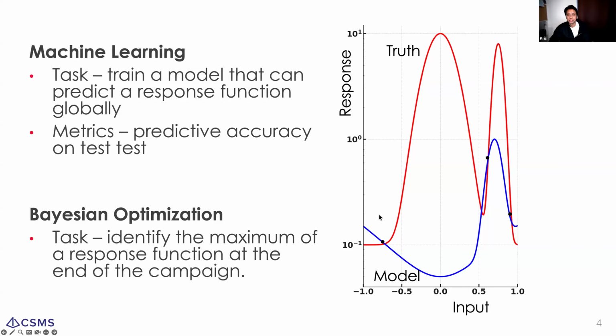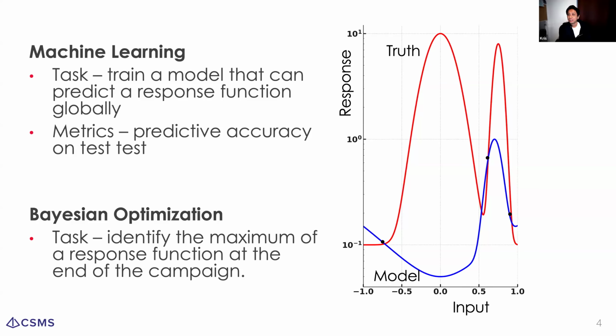Okay, and here's just an illustration of this. Here is the ground truth that we don't know, this red plot. The black plots here are data points that we measured. And this blue plot shows a fitted model to this. If you were to give this to a machine learner, they would say this model is very, very crappy. This is not a good model. It doesn't predict the red plot at all. Which is true. This is not a good machine learning model. But this is a great model for optimization.